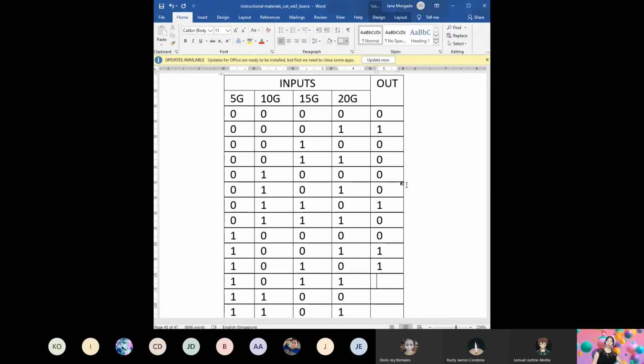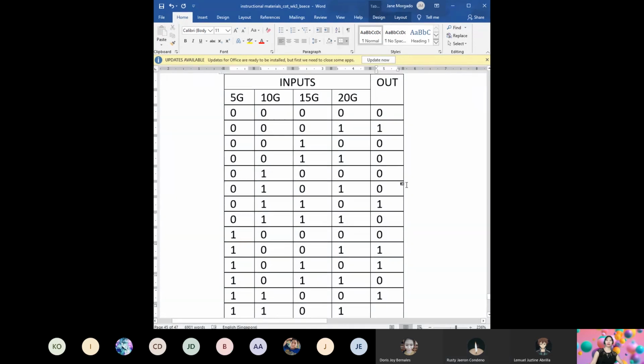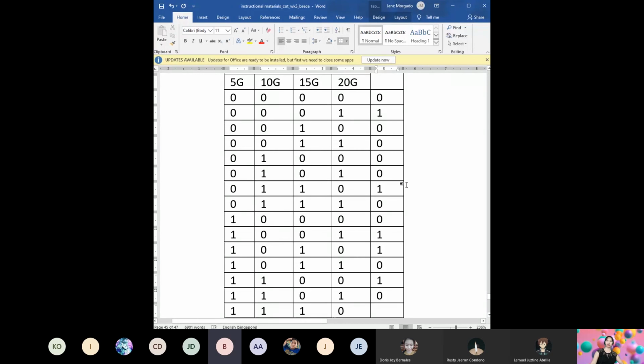Okay, zero, because you only have 10 grams, no active valve. Zero. Then we have zero pa rin, because the total is 10 grams. Okay, we have 1101, zero, because you only have 15 grams. And 1110 is again